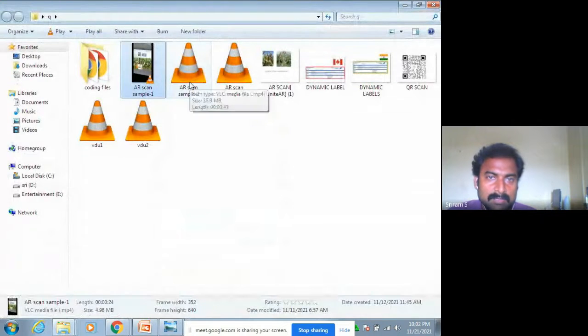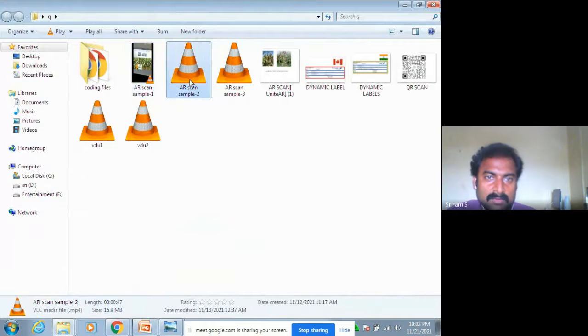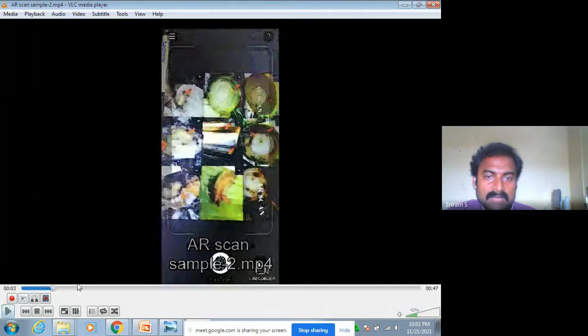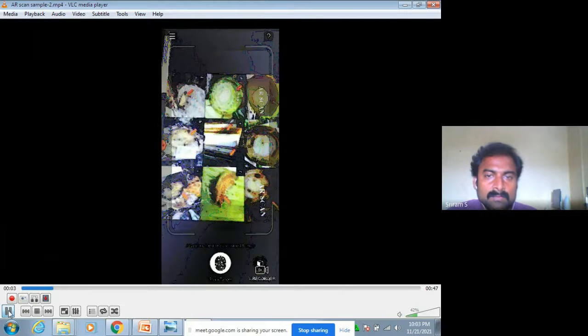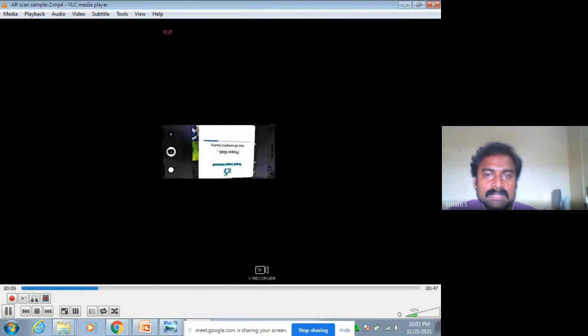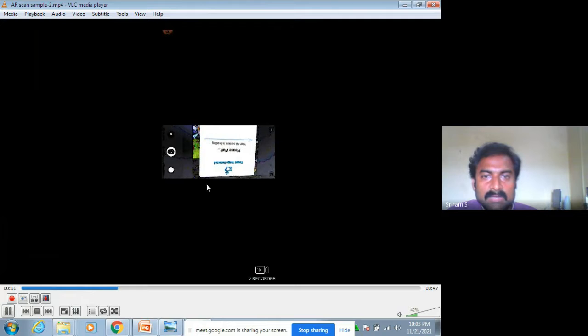A sample will be tested using a mobile phone. Wherever the target image is, you can scan it. It leads to your video and directs you to the video. The farmer can get information from that video. Using a mobile phone, it scans, the target image is detected, and it will automatically direct to the video.